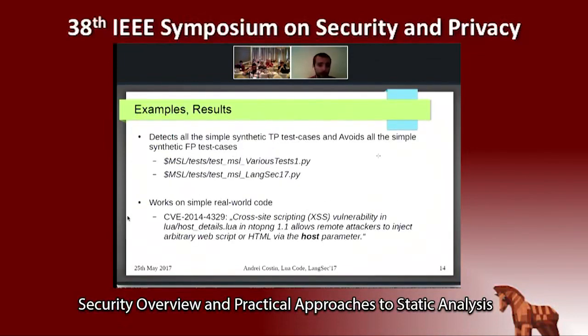In our experiments, while we didn't have very sophisticated test cases, we used simple yet quite representative synthetic test cases. The tool detects all the simple synthetic true positive test cases and avoids all the simple synthetic false positive test cases. And I encourage you to check the tests for various tests and the LangSec 17.py tests. And also,